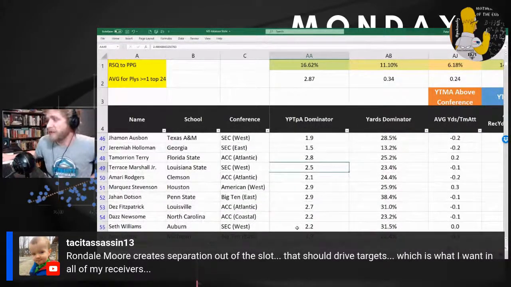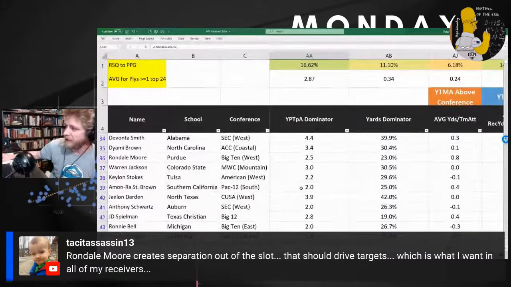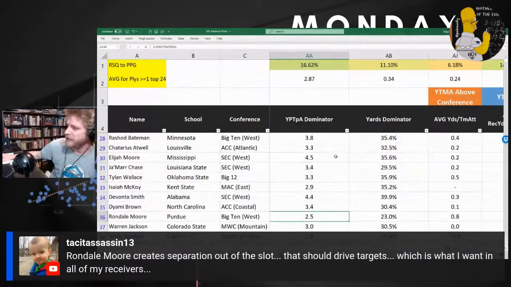Being as efficient as an X receiver with what I'm assuming is a lower ADOT, that's very Juju Smith-Schuster of me. That's why I still think Juju Smith-Schuster was good last year, because he was doing so much with so little given. Didn't even realize that, but it's the same logic that makes me like Juju.